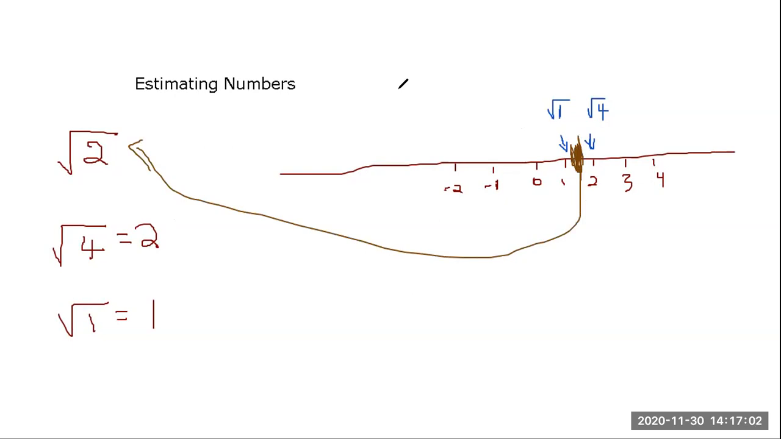For example, if I say, what is square root 30? We know what square root 25 is, and we know what square root 36 is. So then we want to estimate in between what square root 30 would be. Again, it's just using what we know to estimate what numbers would be. Another example would be